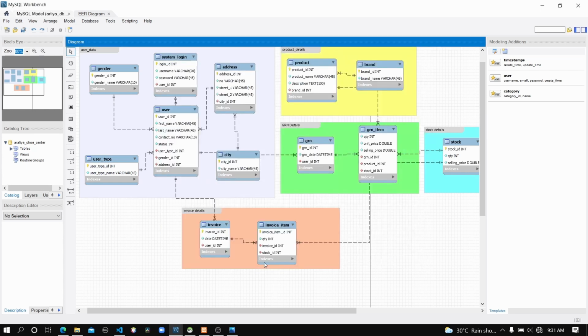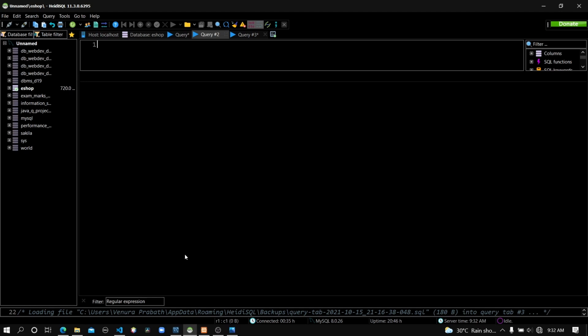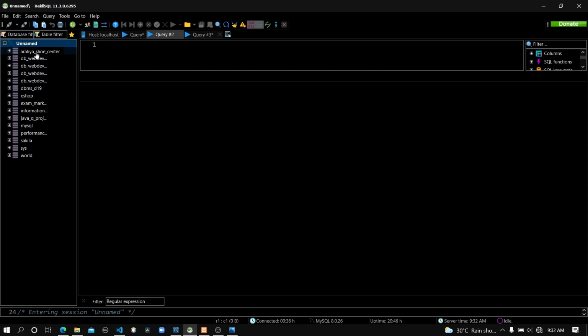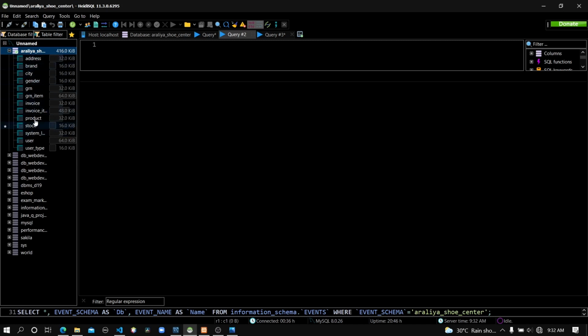Now we can close this part, and let me open the SQL browser. This is another software we used to graphically view the details in our MySQL server. Now we can easily view our database. Let me refresh this one. Let's click on the connection and then refresh. Here you can see our database is created now, Earlier Shoe Center, and here are the tables inside the database, and first we have to enter details to